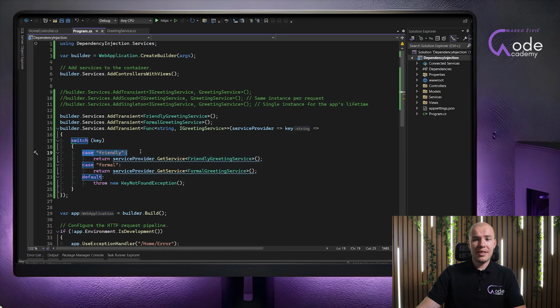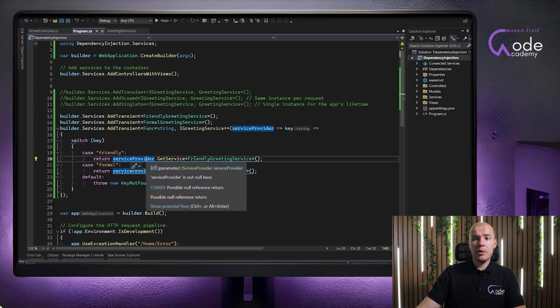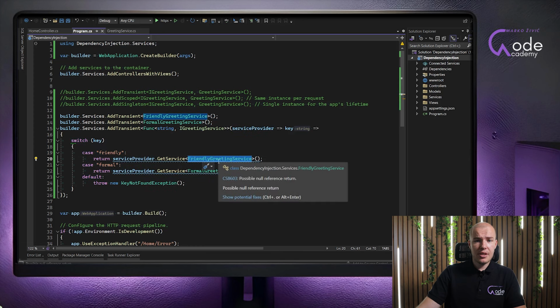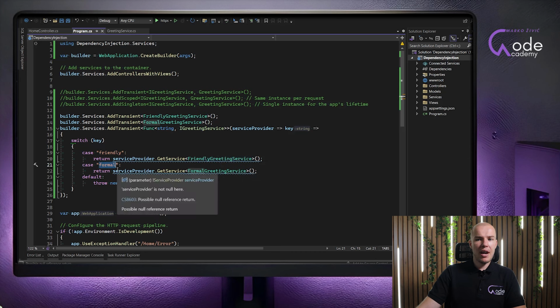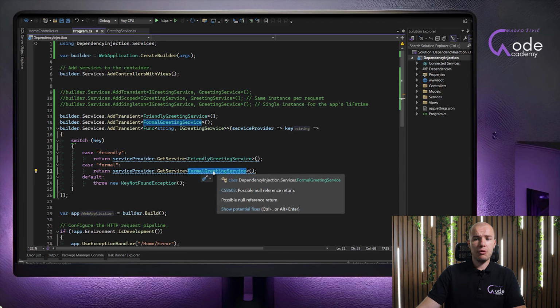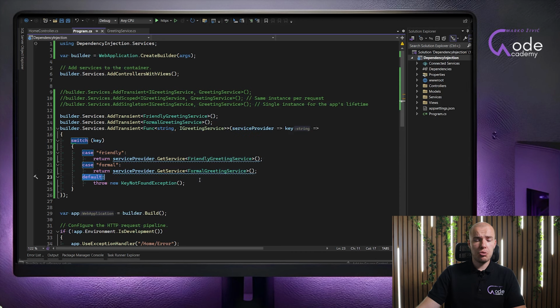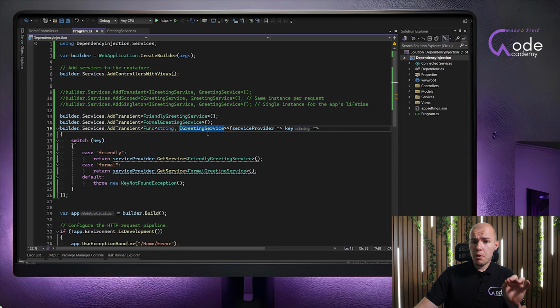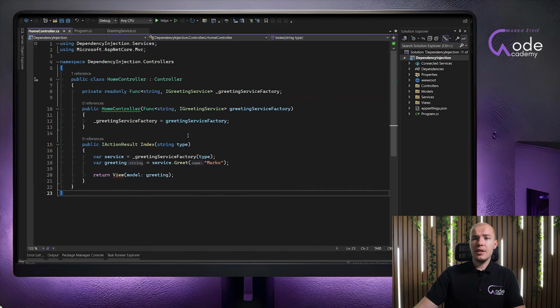So if we pass friendly string, we will get friendly greeting service instance as a result here. On the other hand, if we pass formal, we will get a formal greeting service instance. Of course, in the default scenario where none of these two strings were received, we will throw an exception for key not found. And now, before we run our application, we just need to update the controller so everything works